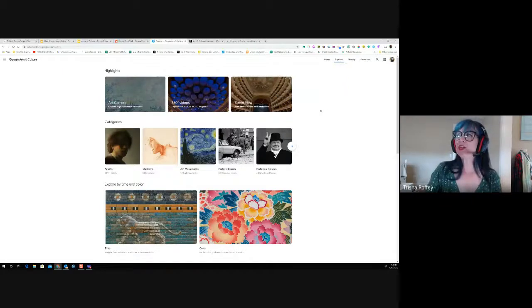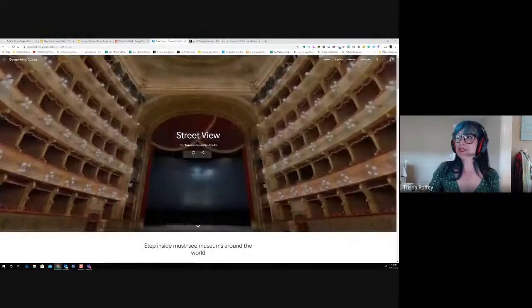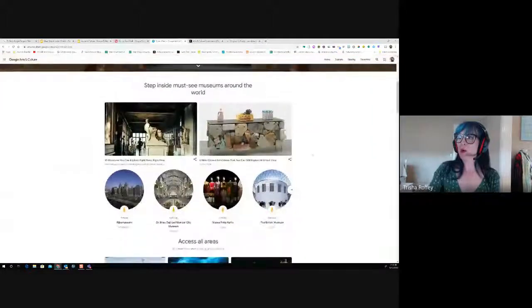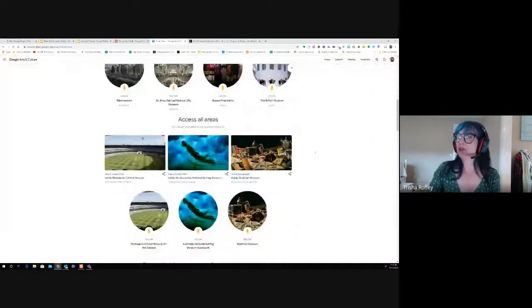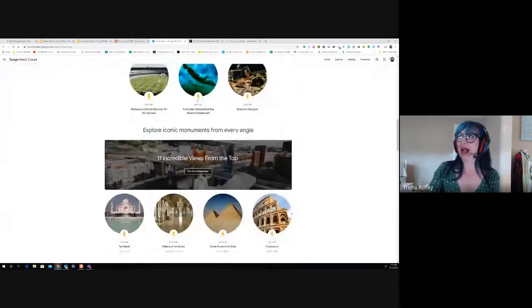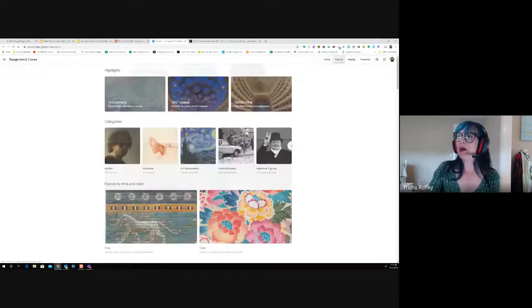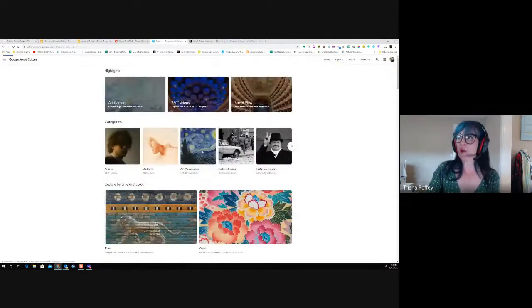I love that. And you know what? Just remember that many, many of these different art pieces have Street View. So if you really want to go into that art and see that work, just know that you can actually tour. There's thousands of them. They have them categorized by Street View, but you could also click on any one of these different art pieces and it'll take you into these different Street View ones. If I want to go and visit these locations, visit these different pieces of art, I can absolutely do that. And as well, if I wanted to, I could choose an art movement.